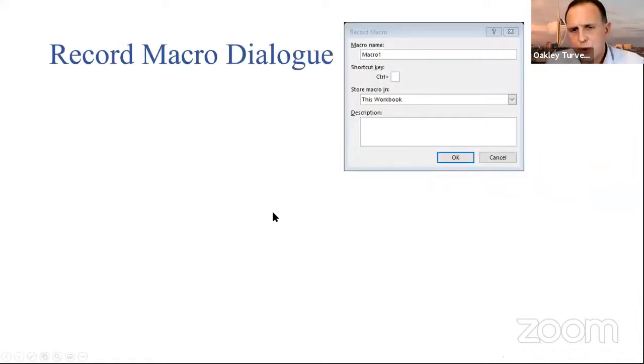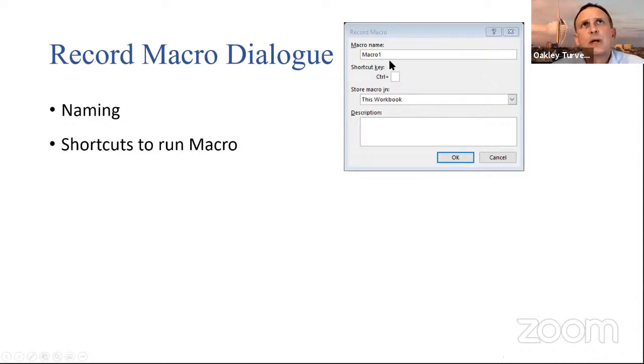Now, what do we see when we do start recording? Well, we see this dialogue that comes up. And let's just go through and talk about what you need to put in here and why you might put it in. So the first thing we're going to talk about is the macro names. So do give your macros names. Do make them sensible names. You can't put spaces in there. This is machine speak. And don't start with numbers, and be careful about using special characters. Just because if you want to refer to this macro using other code, sometimes those special characters are already used as a command within that language. So sensible names, just run all the words together. Choose a name that's not already a command in Excel. Otherwise, you'll come unstuck as well.